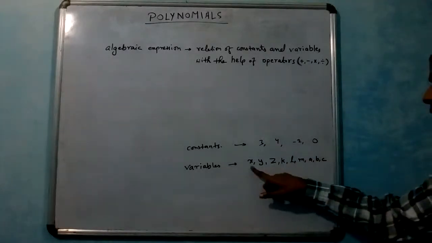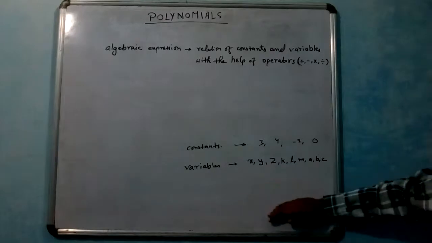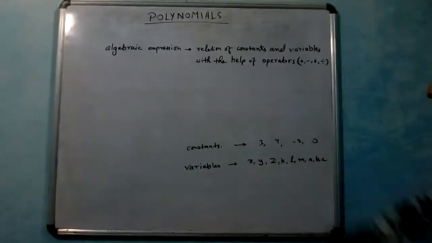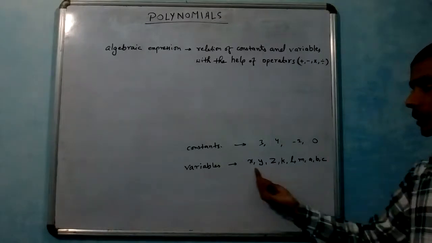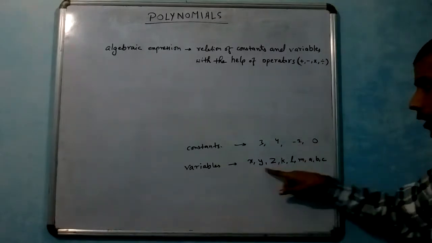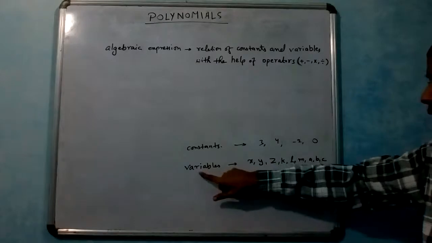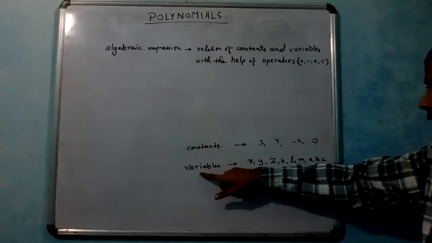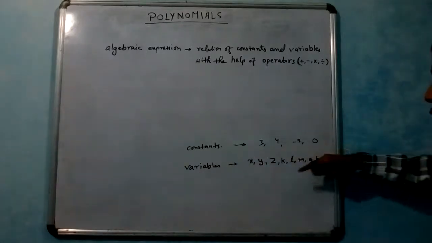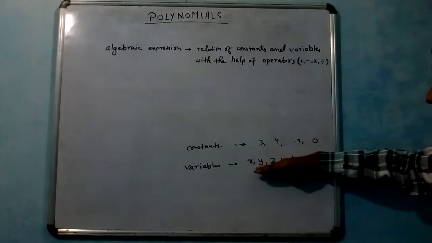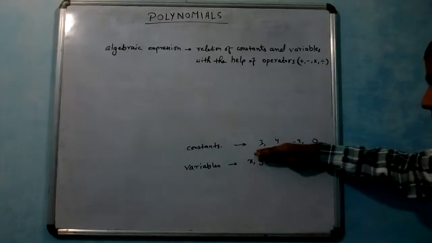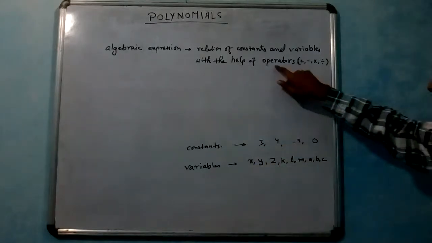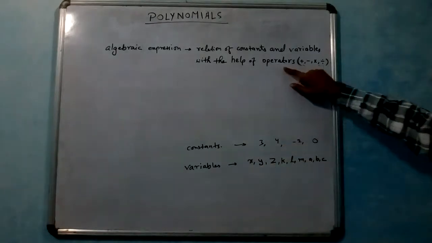In one question x comes 5, in another question after solving, x comes 2. These values keep on changing. They do not have a definite value, that's why they are named variables. Constant means constant. So when the constants and variables are related with the help of operators,